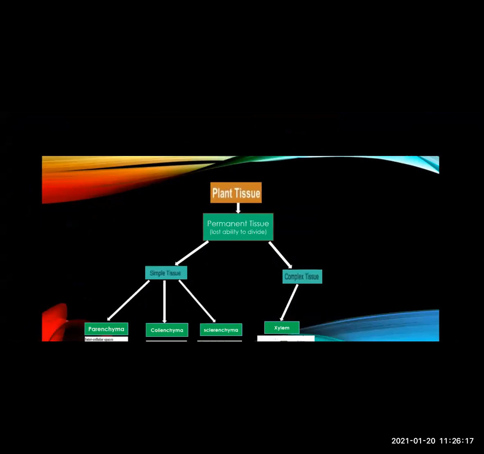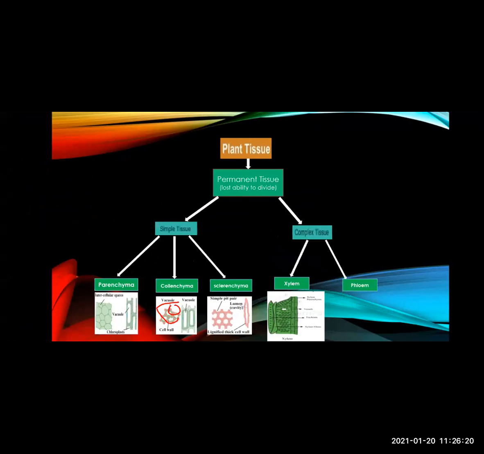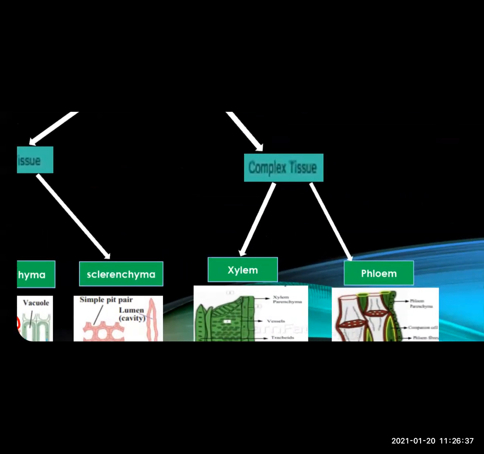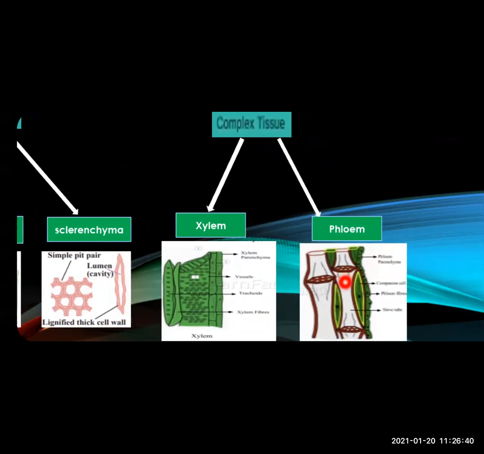Then the second complex tissue that we have studied today is phloem. Phloem consists of two major cells that are known as sieve tube cells and the companion cells. See, these are the sieve tube cells. This is a sieve, that is the mesh-like structure. This is a sieve tube, and this is a companion cell. As the sieve tube cell does not have a nucleus, the control of the sieve tube is done by the companion cell.